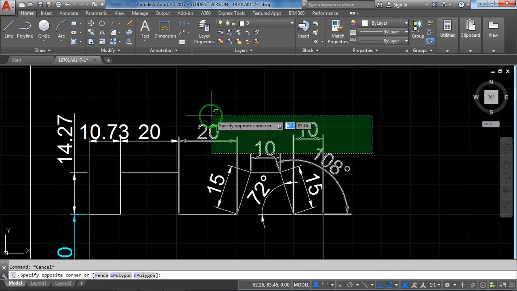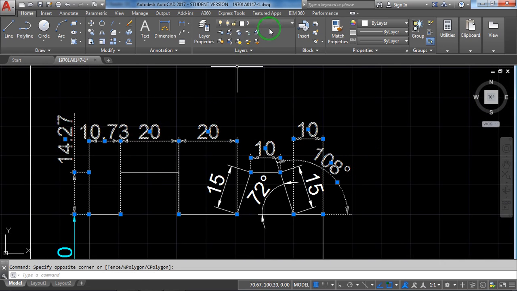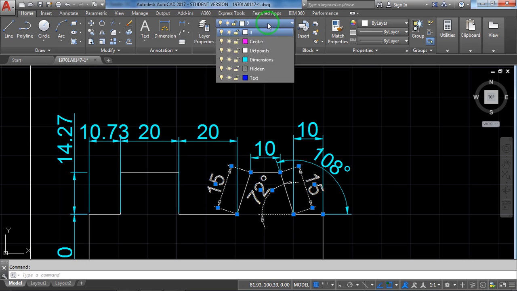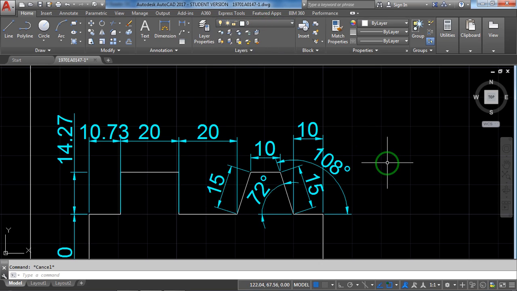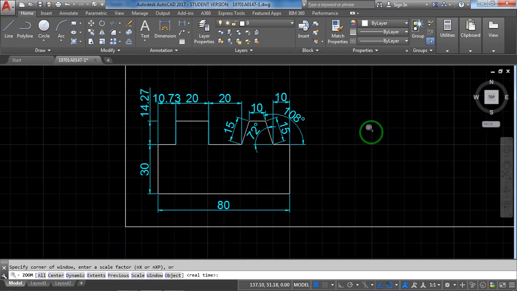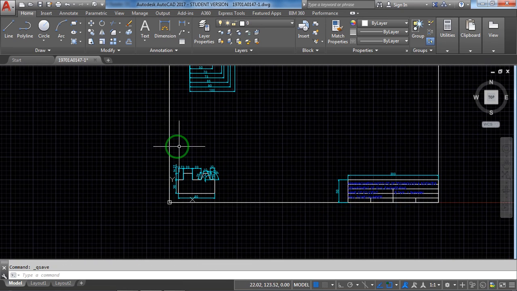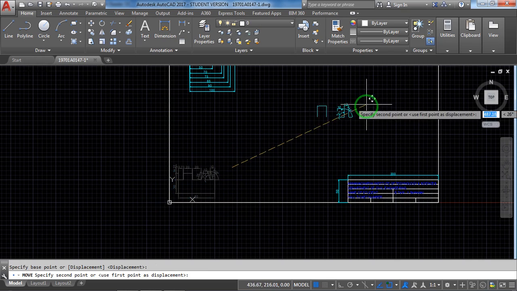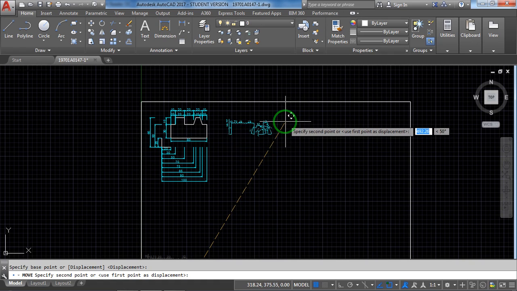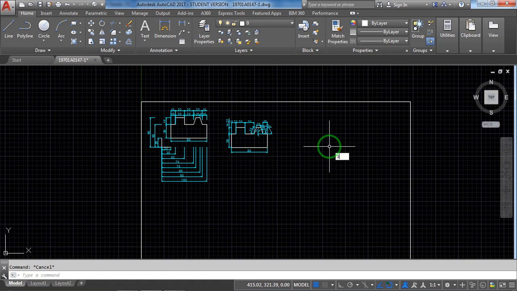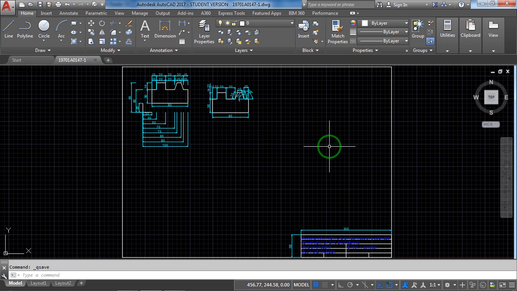You have to know how to edit all these dimensions, its height, etc. As I said, select all of them with the mouse, move, keep it next to here somewhere, zoom all, Z, enter, A, enter.